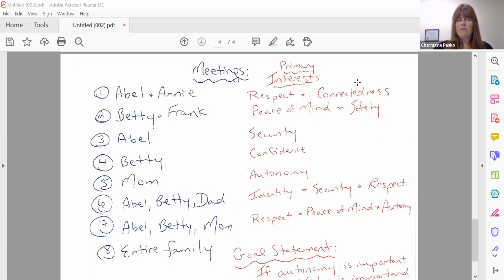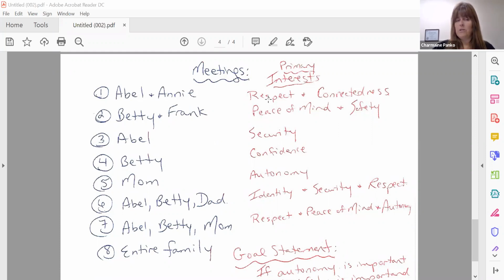And for Annie, she really needed to feel connected. But then when I meet with Abel separately, a primary interest that he has that's going to be connected to this interest he has up here, but comes through in a different way when I'm meeting with him one-on-one, is that he has an interest in feeling secure and having security in his outcome. That doesn't mean to say that he doesn't still also want to be respected. It's just that in the discussion and the dynamic between him and his wife, that is what ends up becoming